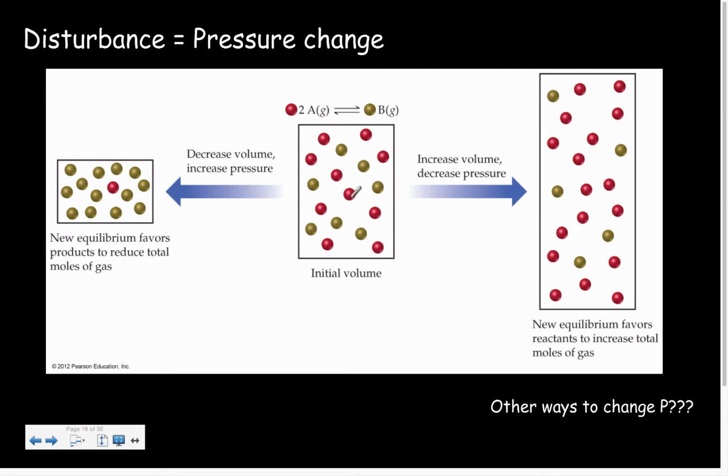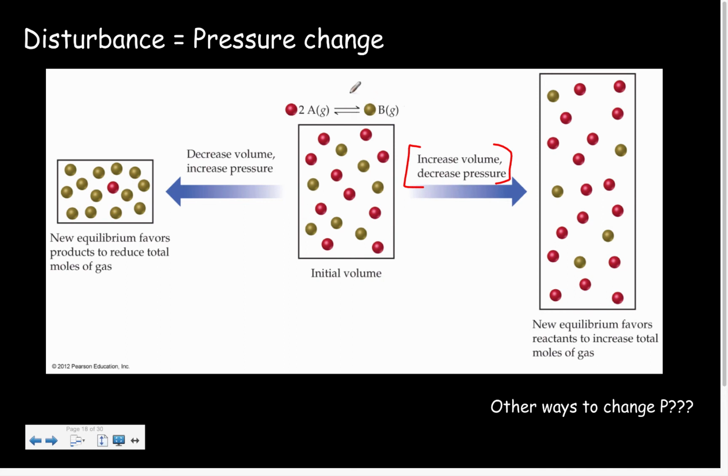Anyway, so if we increase the volume, which means decrease the pressure, both those mean the same thing, then the reaction is going to shift to adjust for that. Bearing in mind that we have our pressures here, if we increase the volume and decrease the pressure, my reaction is going to shift to fill that pressure back up, to get back to that equilibrium pressure,